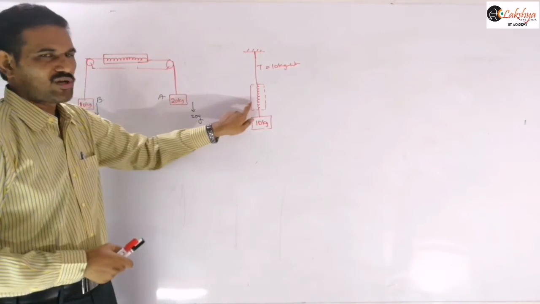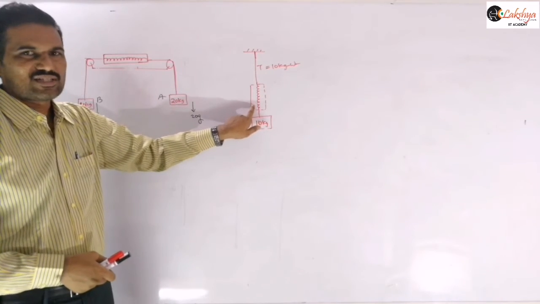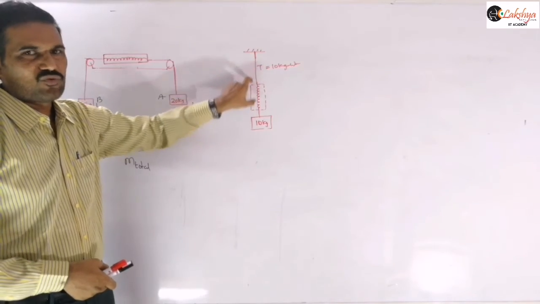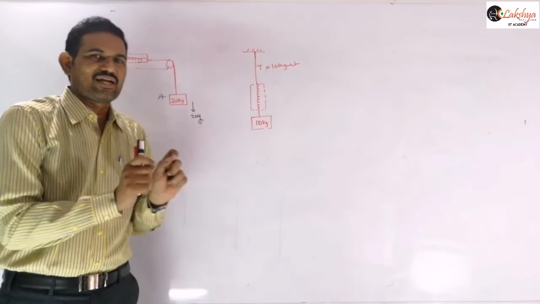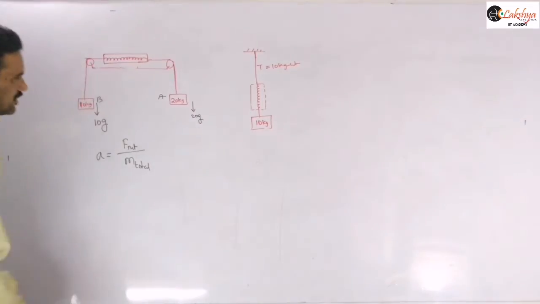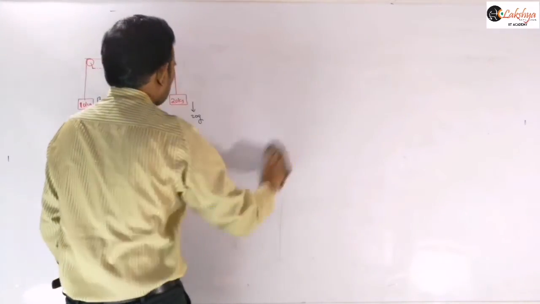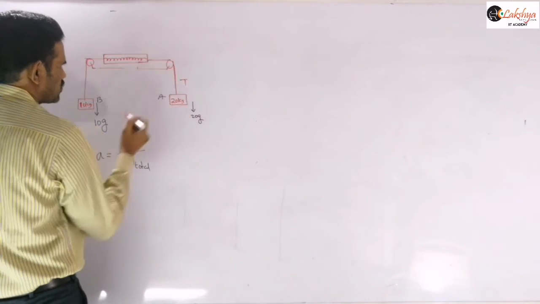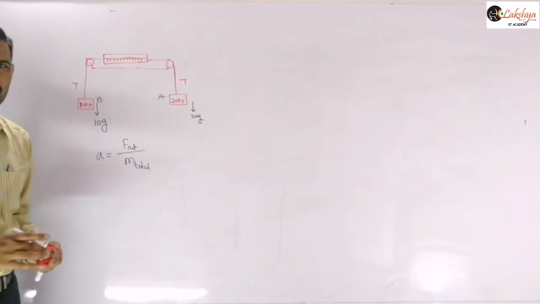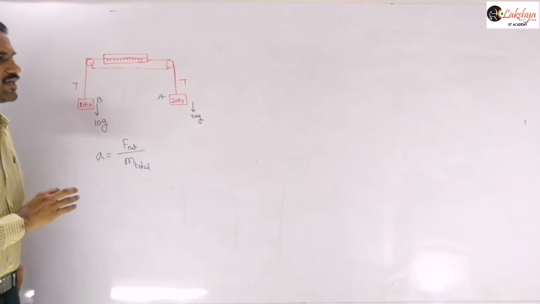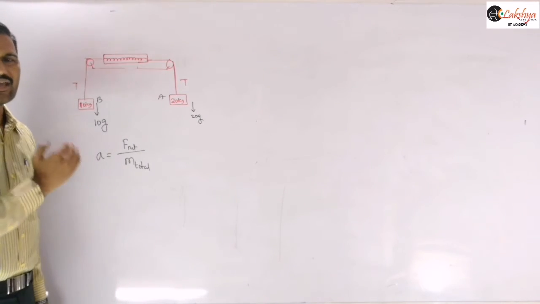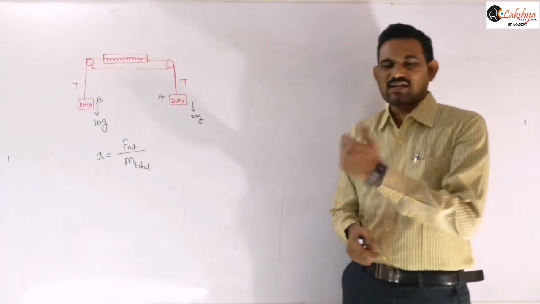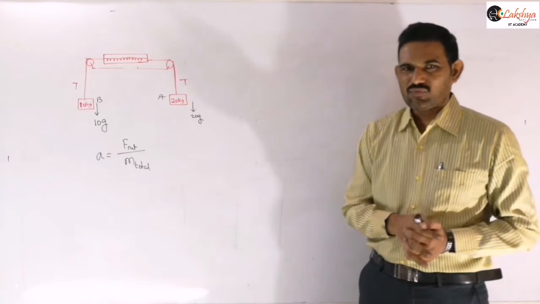When the spring and the string are connected like this, whatever the spring force is here, the same tension will be there in the string also. So spring force and tension in the string are equal if the spring and the string are connected end to end, right? Now we need to consider the tension in the string to be the same here. Now the reading of the spring balance is nothing but T. So our aim is to find the tension in the string. Once you calculate the tension in the string, that is nothing but the reading of our spring balance, right?